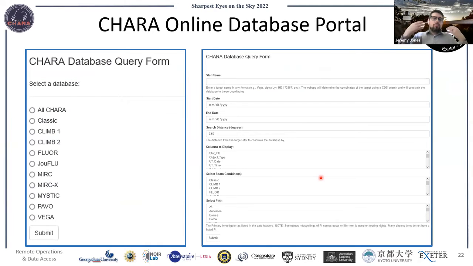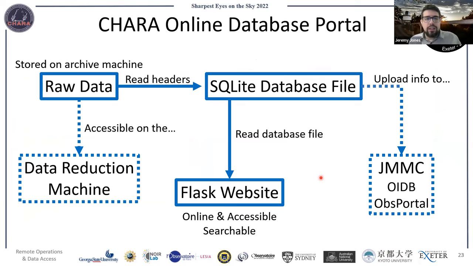Yeah, so I've also put together the CHARA online database portal, which lets you see what data are in the archive. The basic idea here is we've got the raw data on the archive, which is accessible on the data reduction machine. We read the headers of all the raw data and put it into this SQLite database file, which we can then upload that information to JMMC, OIDB, and OBS portal. And we've also got it displayed on a website